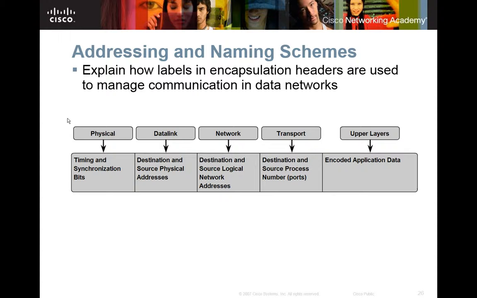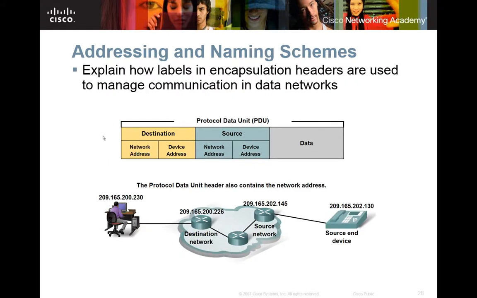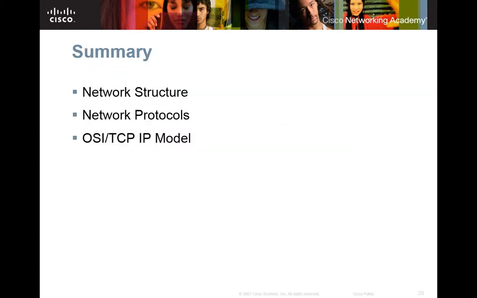The network layer gives you the IP address, and then transport gives you the port numbers of what protocol you're using, whether it's SMTP, Telnet, whatever. That's where that gets in there. And then everything up is your data beyond that. So here's what you've got. You've got your destination, your source, and your data. And that's what we call a protocol data unit. All right. Any questions?